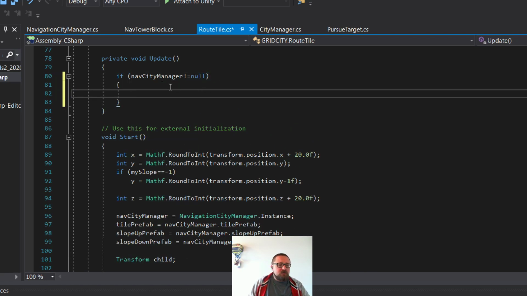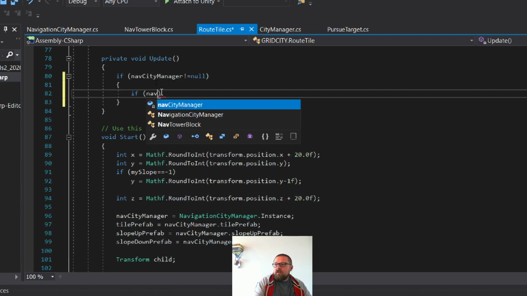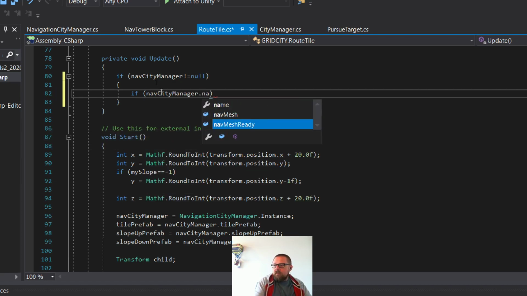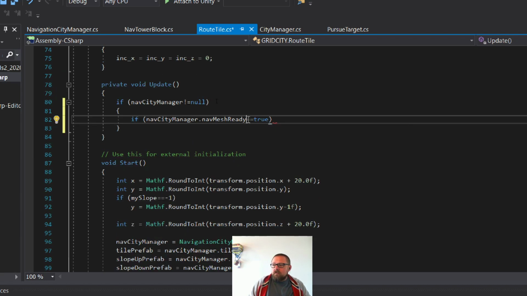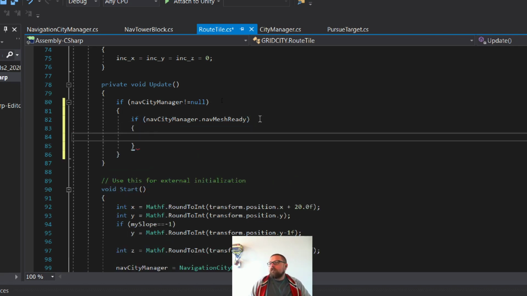So if Nav City Manager is not null, then do a logical check. That flag that we just created: Nav City Manager nav mesh ready. I could type it explicitly, if nav city manager nav mesh ready equals true, but I can just leave it like this because this value is hopefully true. So if nav city manager nav mesh ready, then we'd like to do something about